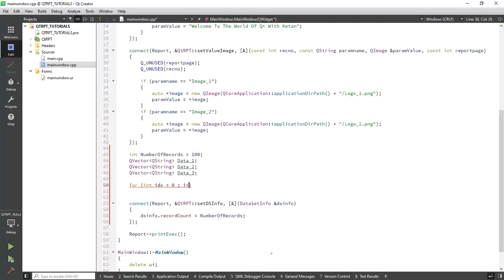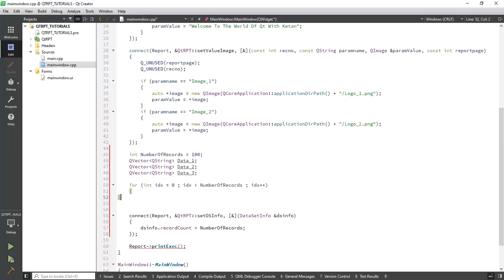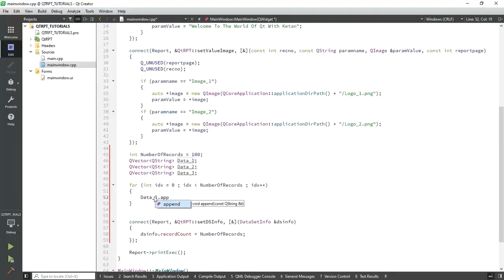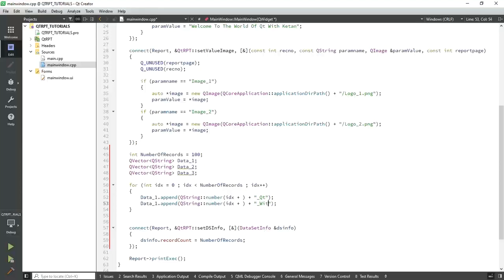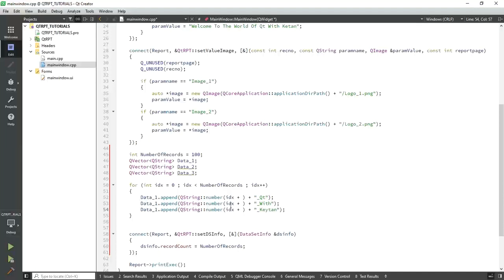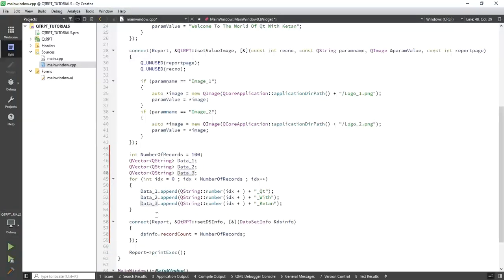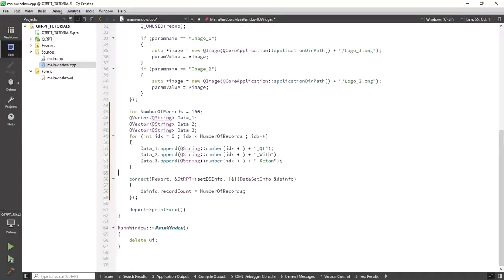Integer idx equal to 0, less than record number, and now add the data, append, use our index variable, plus Qt with data. Okay, so data is ready. All 100 data are stored in our QVector class, and now let's display this